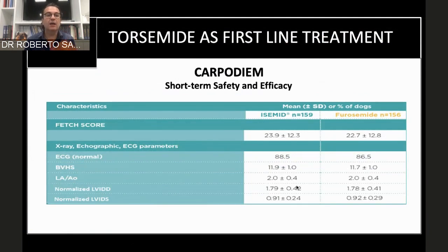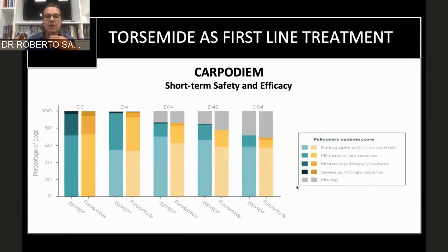And that's the FETCH score, the questionnaire that most of us are using to try to understand from the owner the condition of the dog over time and see the response to treatment. And then you have the BHS, and then you have the ratio between left atrium and aorta and all the echocardiographic parameters. And as you can see here, in short-term safety and efficacy, torsemide as a first-line treatment